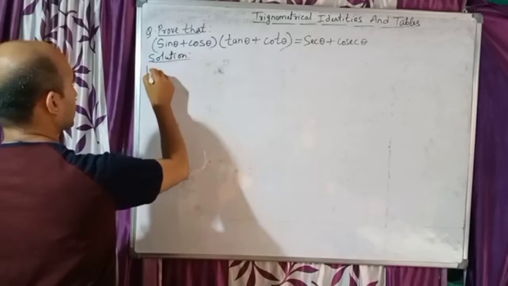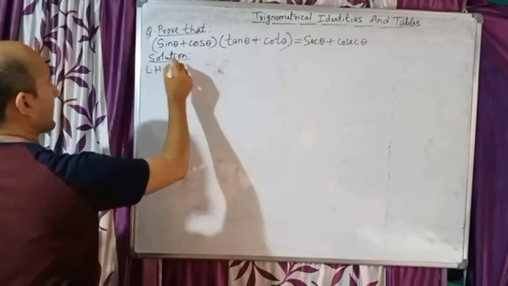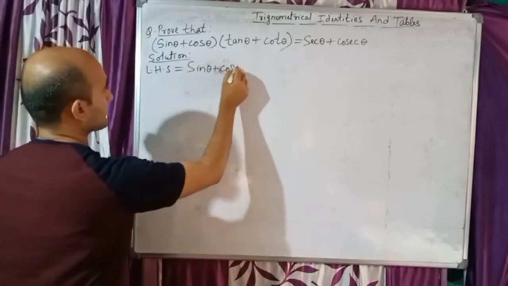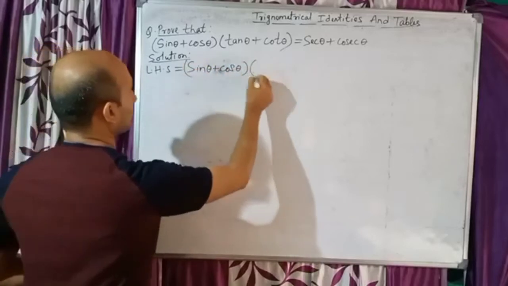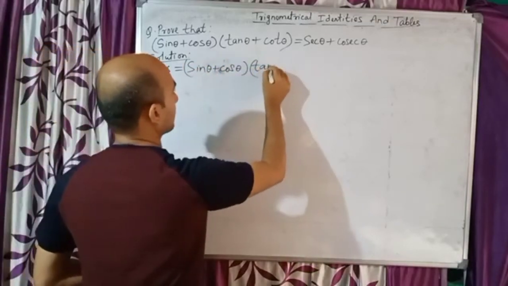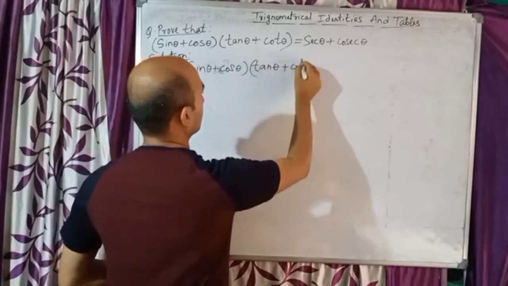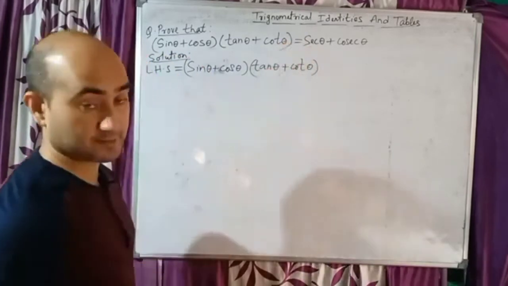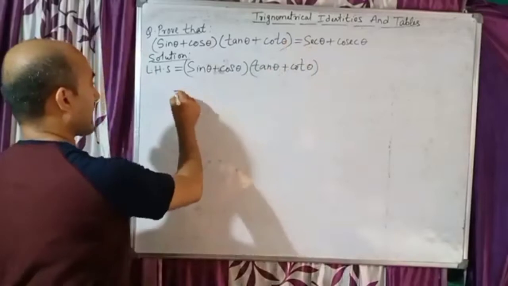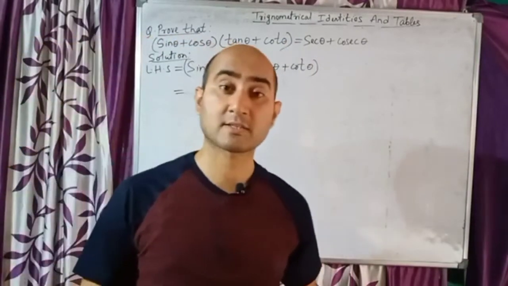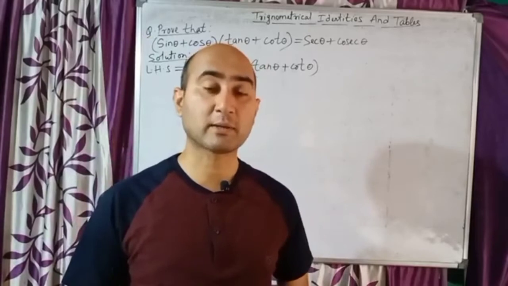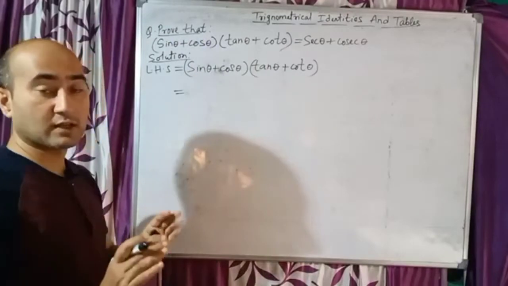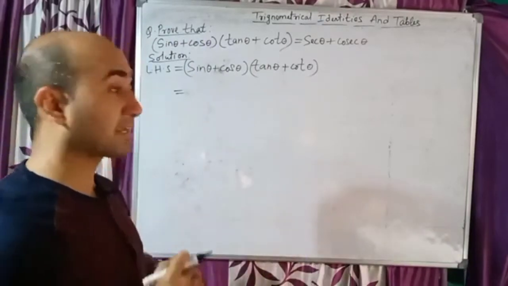So I will write first left hand side LHS, and my LHS is sin theta plus cos theta into tan theta plus cot theta. So this is up to here, it is my LHS. So now children, as I have told you in my previous class that in this chapter the technique will be like this. The technique is, if it is sin theta and cos theta in the question, nothing to change, nothing to do, but anything else